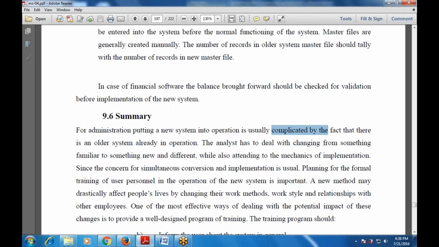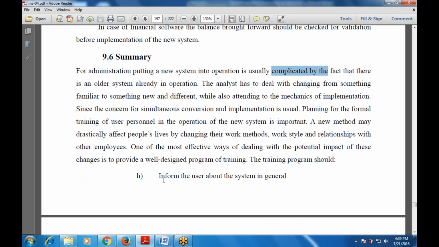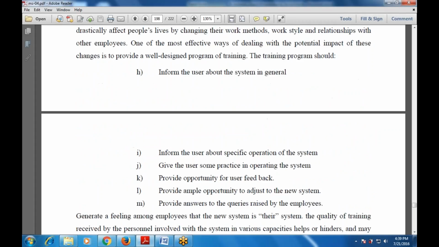One of the most effective ways of dealing with the potential impact of these changes is to provide a well-designed program of training. That is one of the best ways to deal with the potential impact of these changes. And the training program should also inform about the system in general,